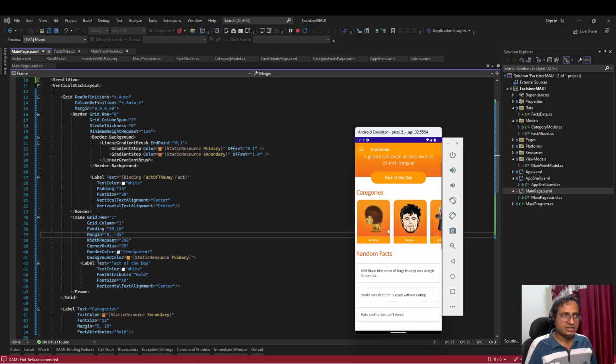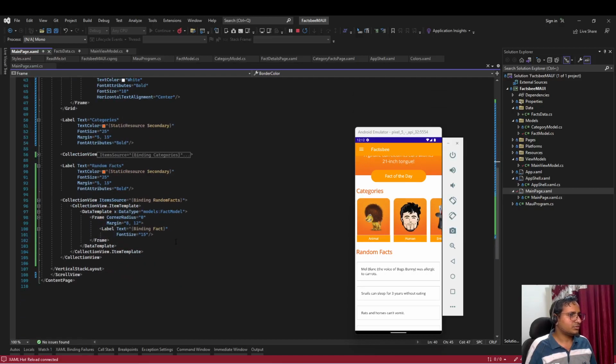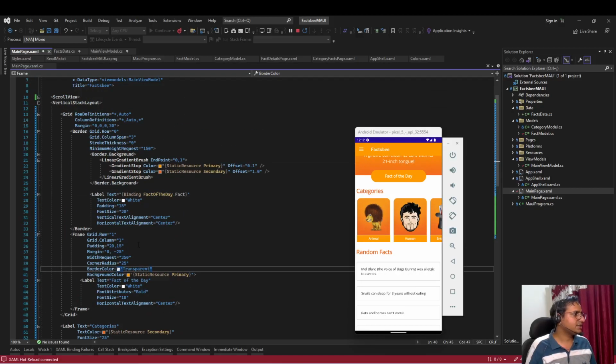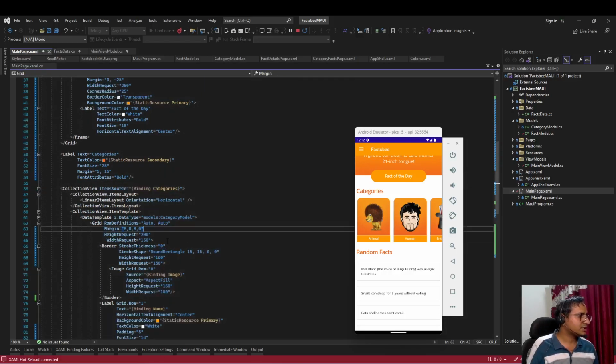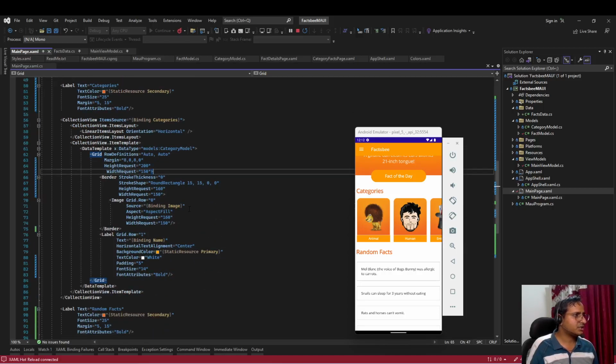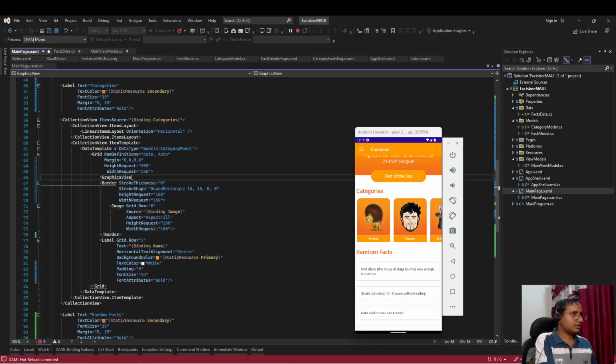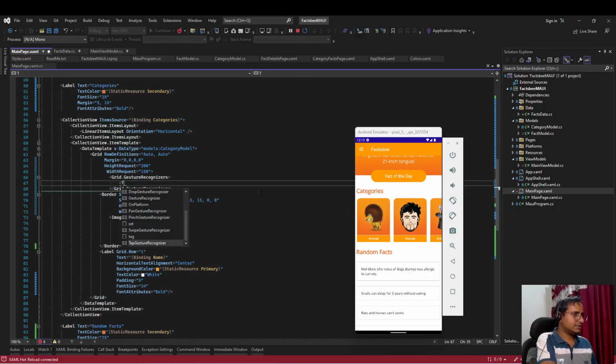Maybe let's add click handlers for these. So for these categories, we have this collection view, we have this grid, and each grid represents one category. So for now, let's add a gesture recognizer, and let's add a tap gesture recognizer,